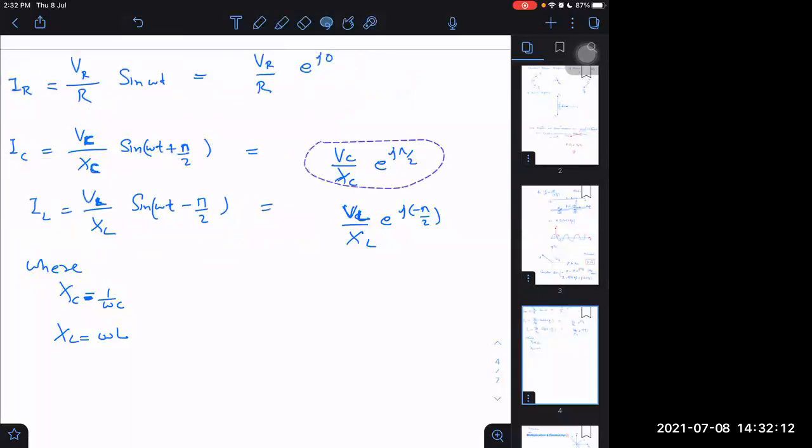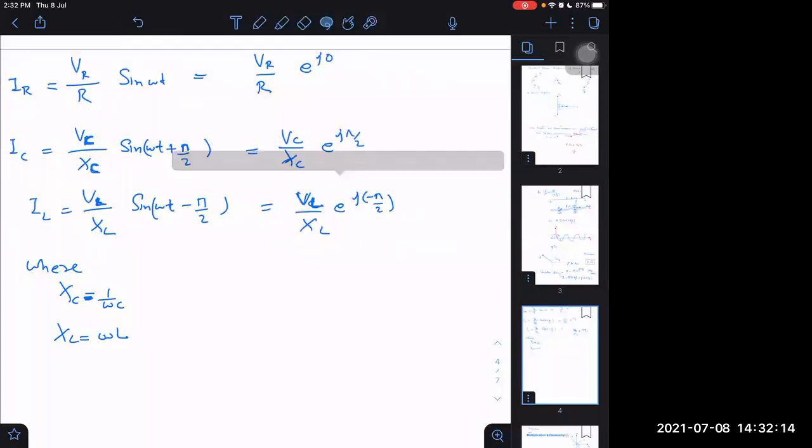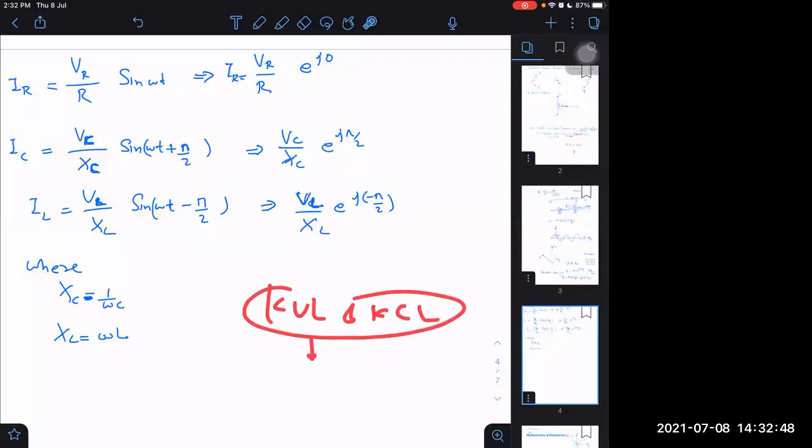Now, don't get confused here. You may think this equal sign means not equal. It implies, I can say, this implies this. This implies IR is this. Why am I not saying equal? Because it has a different purpose. Its purpose is not to find exactly at what times what are the values of IR. Its purpose is to deal not with instantaneous values, but with the peak values. And why can we deal with the peak values? Because KCL and KVL can be applied even by taking peak values.